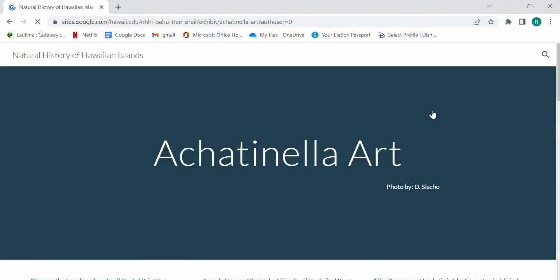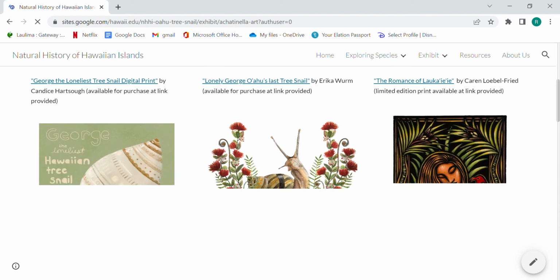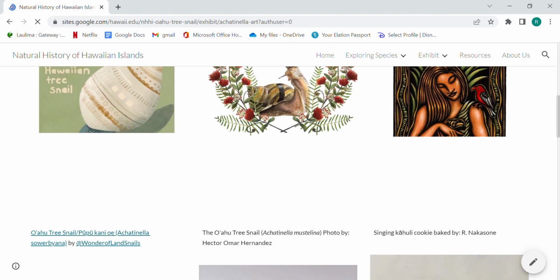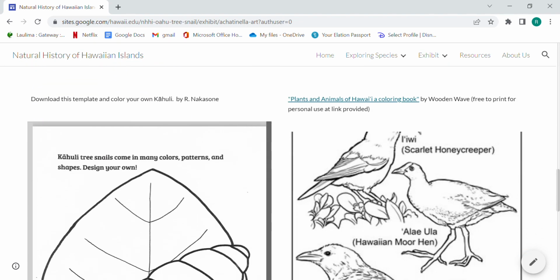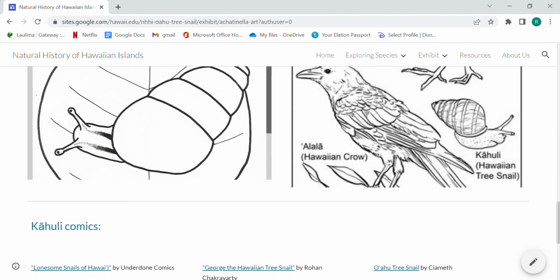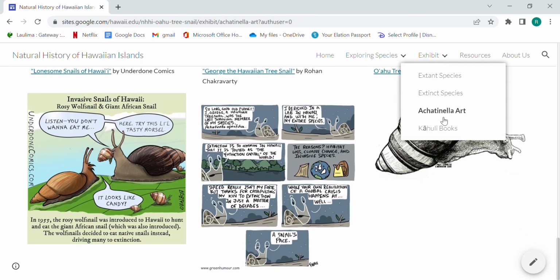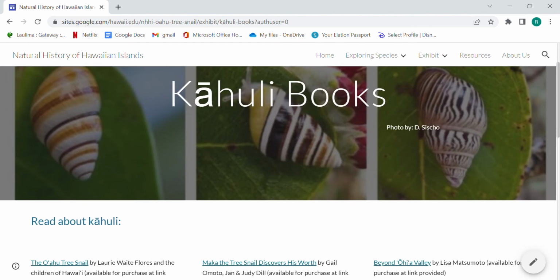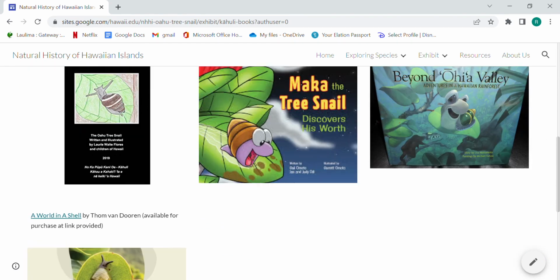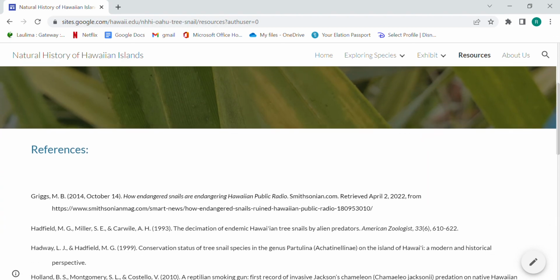Then we go over some Achatinella art made by various artists and provide you with links so that you can purchase these pieces of art if you wish to do so, as well as provide you with some resources to make your own Achatinella art and some fun Kāhuli comics. Lastly, we provide you with some books on Kāhuli, both children's books and books for an older audience. And then finally, we list our resources